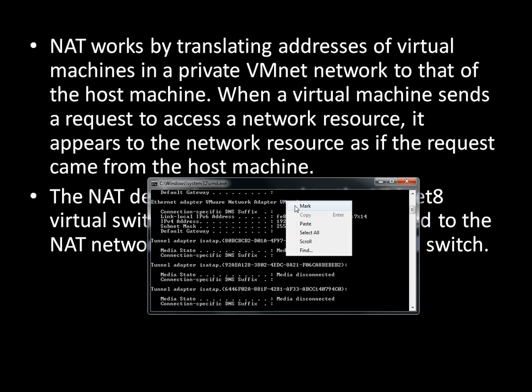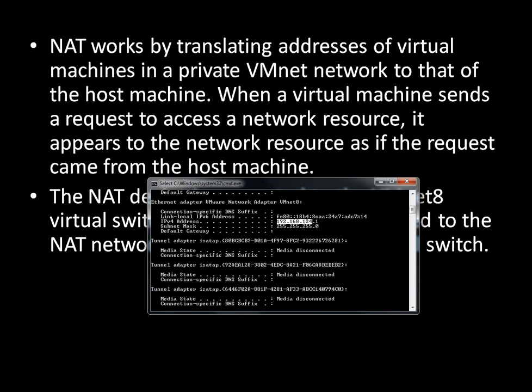And here you see that my host machine also uses VMnet 8 as virtual switch, and it uses the router address 192.168.124.1, which shows its IP address.